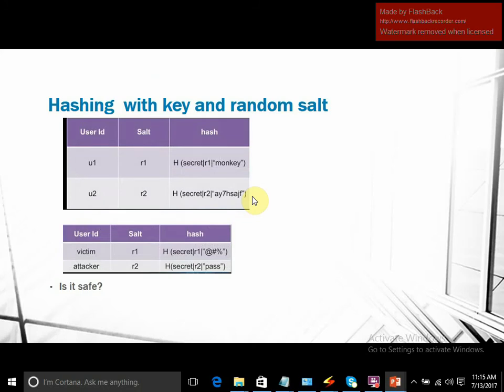Okay. The solution is to use a global key, the application security key. You use two things for hashing: one is the salt and the other is the application security key, right? You use two things for hashing. Now in that case,